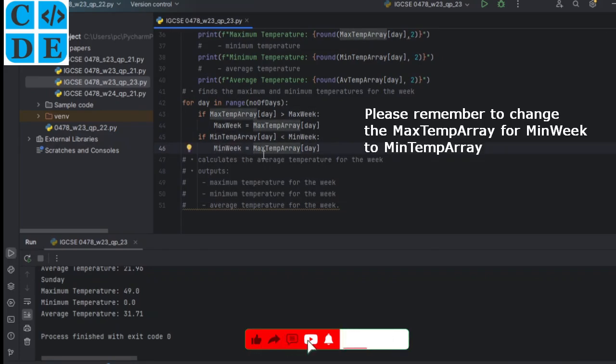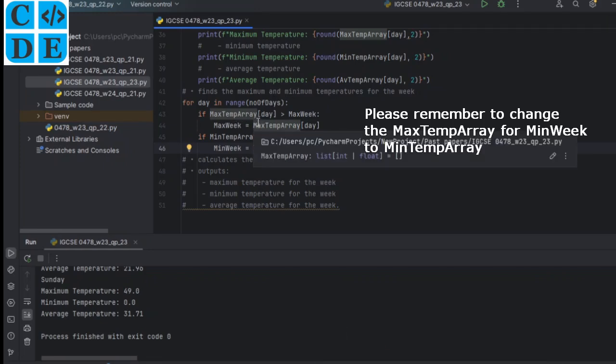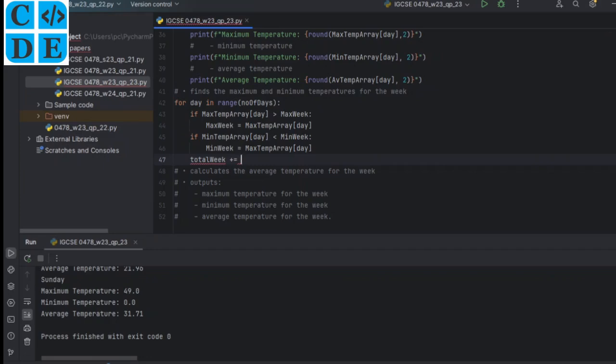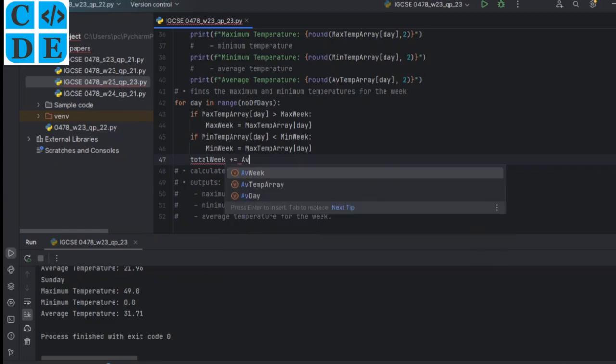Okay, so with this, we are able to get the maximum of the maximum for that week, and the minimum of the minimum for that week. We also need to get the average for the week, the average of the average. So we need a variable where we can be storing the total. Remember that at this point we need to sum up all the averages and then divide them by the number of days. So this will be average temp